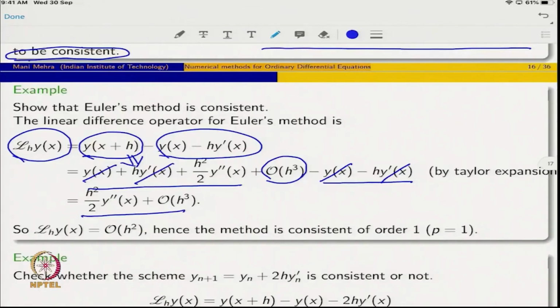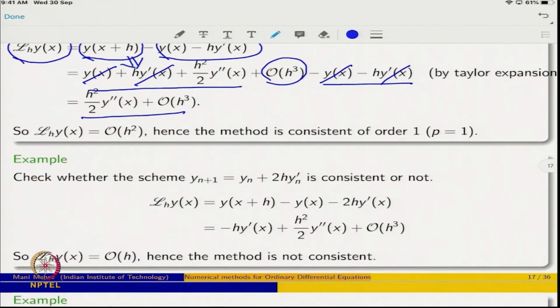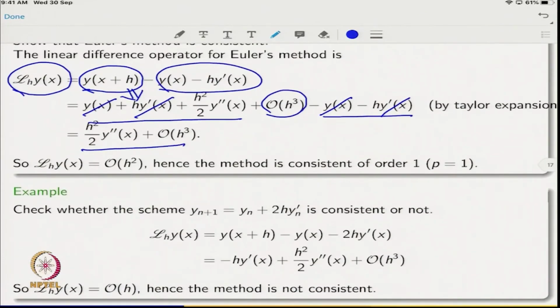Here the order is also fixed, you can keep it. So, hence the method is consistent of order p. That is the advantage of looking at it this way. If a difference equation is given to you, you can prove whether it is consistent or not consistent. Similarly, sometimes you are very particular that you want to construct a two-step implicit method, so you should fix the points at x, x plus h and x plus 2h only. In those cases it helps.